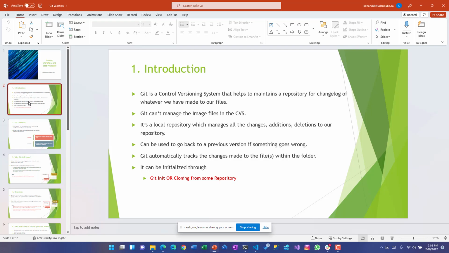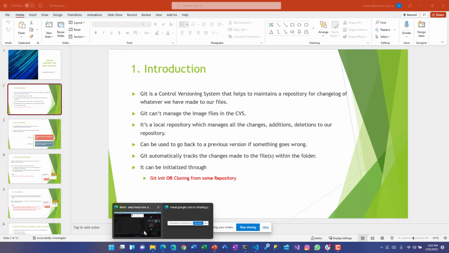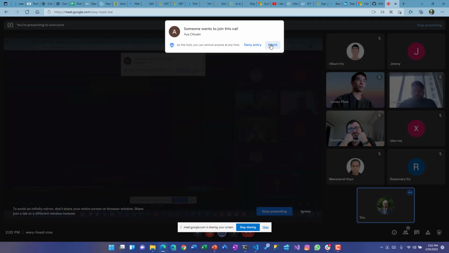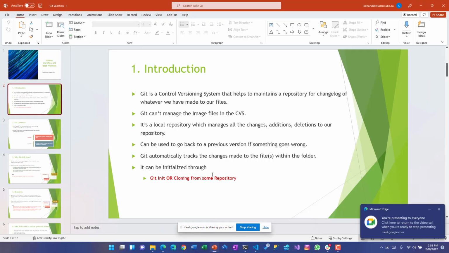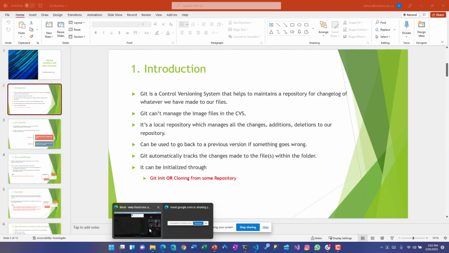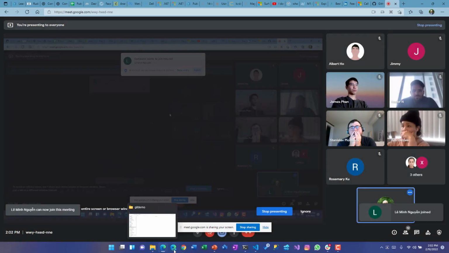Git cannot manage image files, because you cannot technically specify what has changed in an image, but anything in the form of a text file, yes, you can definitely manage that.